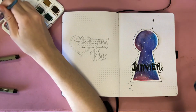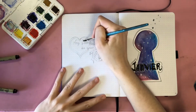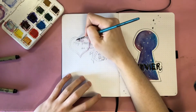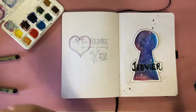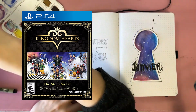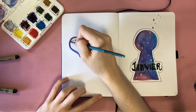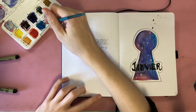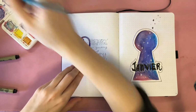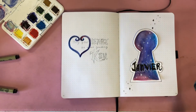It was released in 2019, I think in the month of January, so it was a good way to begin the year. And on Christmas in 2019, I got the whole collection, the Story So Far collection for the PS4, and also Kingdom Hearts 3. And I'm really happy to tell you guys that in 1 year, I finally reached Kingdom Hearts 3. It took me 1 year to get through the whole series before the third game, because unfortunately